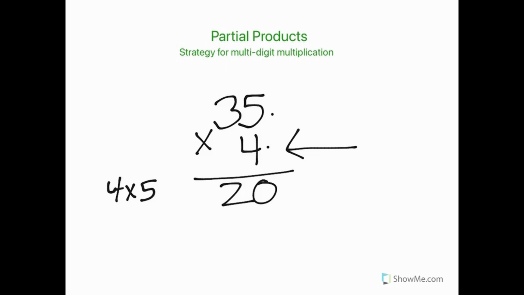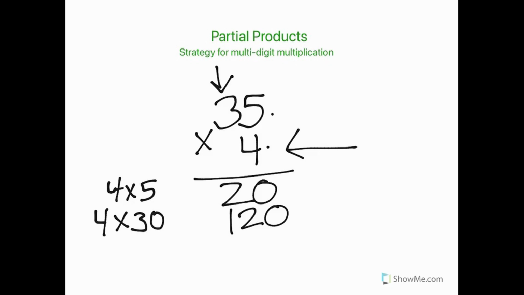Now this is where the partial products strategy differs. We write the whole 20, unlike traditional long multiplication where we would use the carry-in method. Next, we're going to multiply 4 by the tens digit of the first factor, which is here. So we're going to use the tens factor, so it's going to be 4 times 30, which gives us